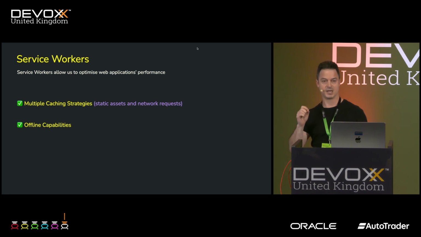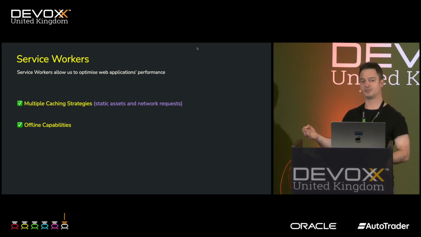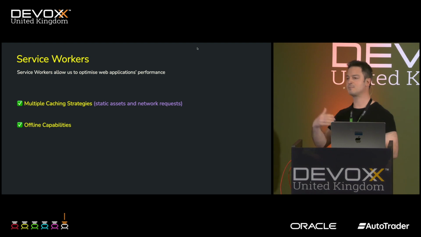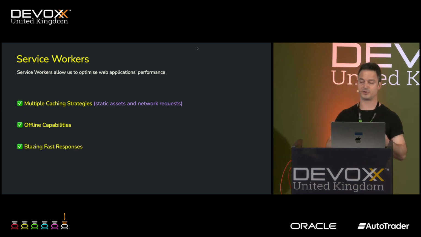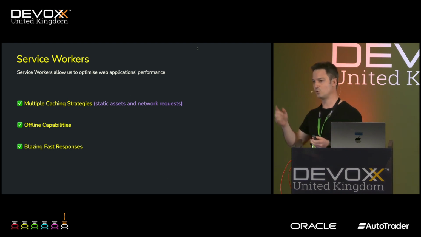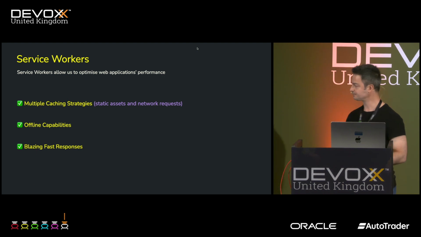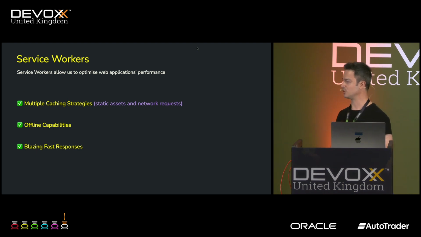That means that even if the user does not have internet connectivity, we can still provide either static assets or a response that matches the request, because we have already cached the requested asset. This also translates into very fast responses, because we don't have to go over the network. We have the requested asset straight there in the local cache. But we will see a couple of demos about that.